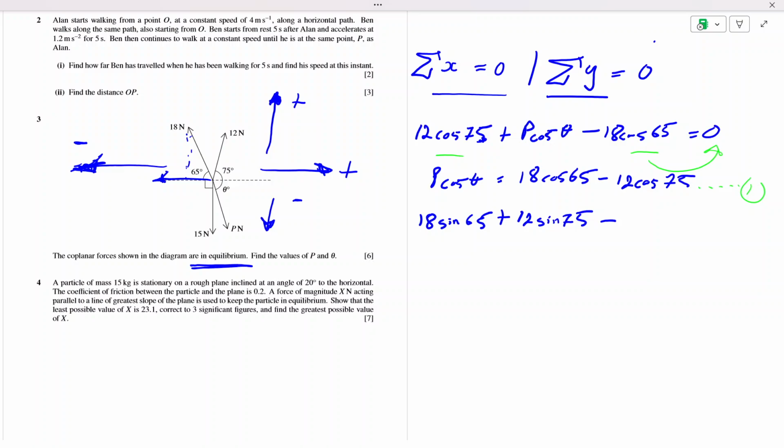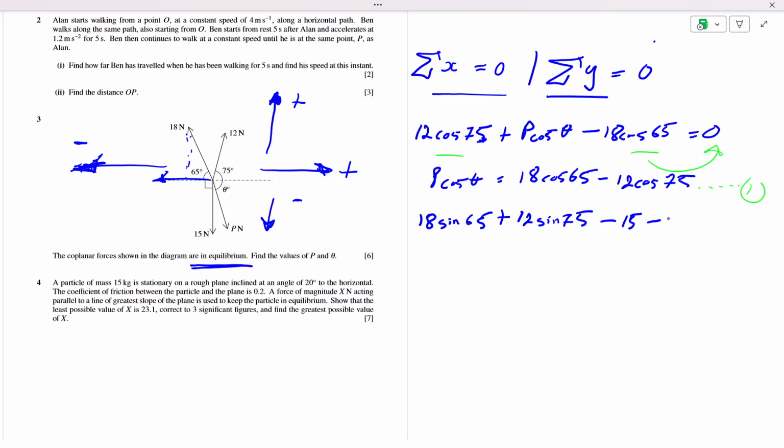In this case, 15 is acting downwards, right? Since it has a 90-degree angle here, you can say 15 sine 90. Sine 90 is just 1, so it's just going to be 15 anyway. It's a full vertical force, right? And then I'm going to subtract